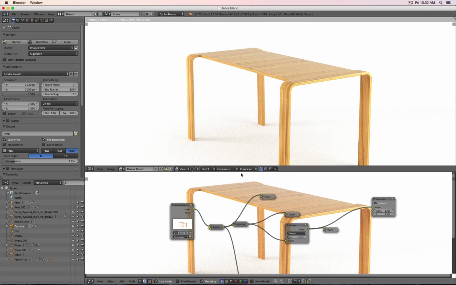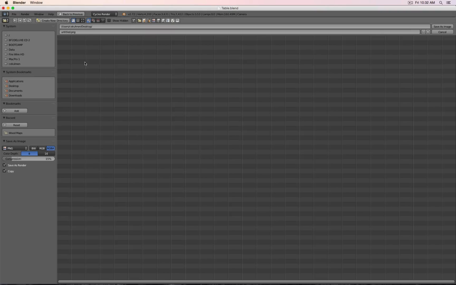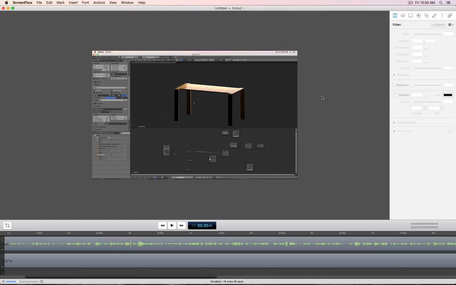So render result, combined, composite, the render layer. Oh yeah, there you see, if I switch between composite, so this is the outcome, or render layer, that's the raw image. I see the difference. And if I like this processing, then I could go to image, save as, go to my desktop, save my image,